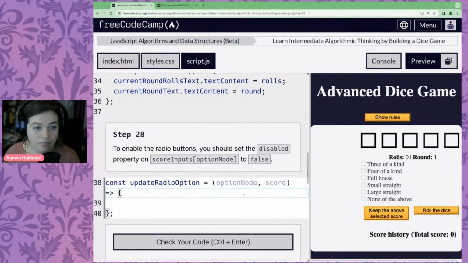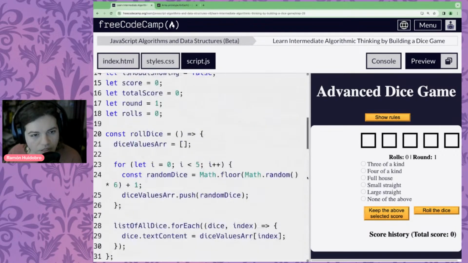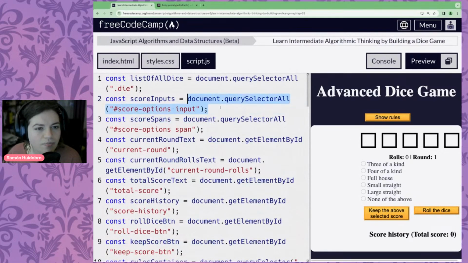So to enable the radio buttons, we need to set the disabled property on the score inputs option node to false. Okay. So I would assume that option node here is the index of one of the nodes. Now, what does that mean? Let me show you what I mean. Remember, we made a variable at the beginning of this session called score inputs. Let's go up here. Score inputs. Query selector all.